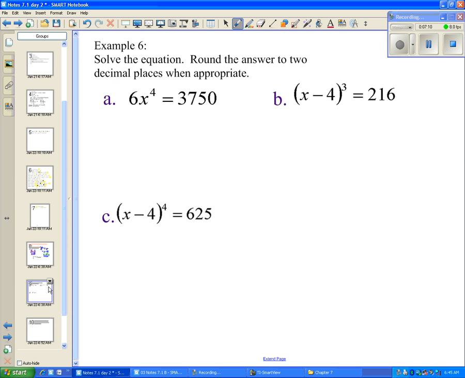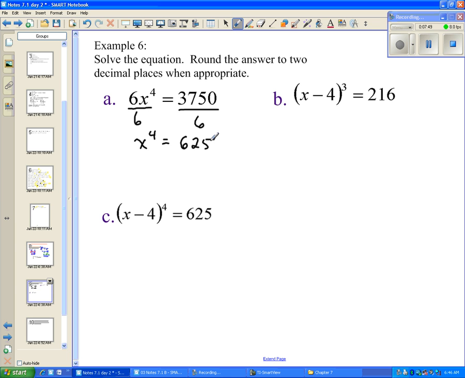Example 6, solve the equation, round the answer to 2 decimal places when appropriate. So I want to do the same thing. I want to get the thing to the power by itself. So on letter A, I'm going to divide by 6 to both sides. When I divide by 6, I get x to the fourth is equal to, and by the magic of television, we see that 3,750 divided by 6 is